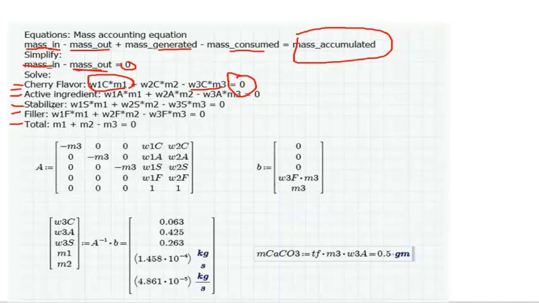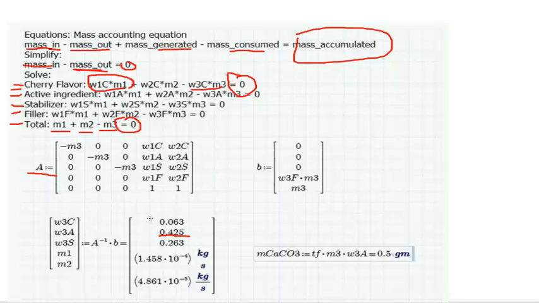As well as that, we need to write an equation that explicitly states that the mass flow rates of 1 and 2 minus the mass flow rate of 3 is all equal to 0. When we're using MathCAD, we're going to want to put all of these equations into the solve block or by doing matrix operations, as we have done here. We will find the 3 missing weight fractions for the third stream and the mass flow rates of the 2 inlet streams. Really, the only value that we need is the weight fraction of the active ingredient, which is